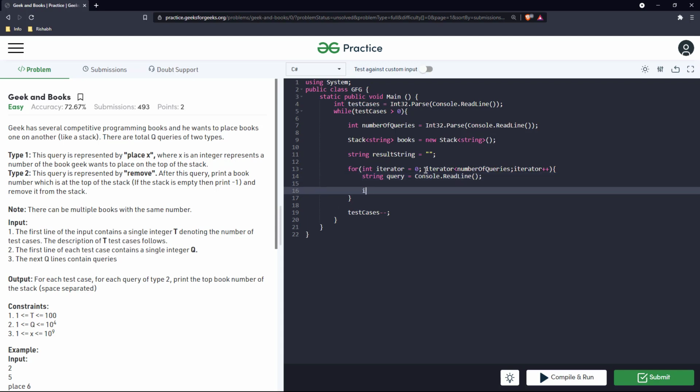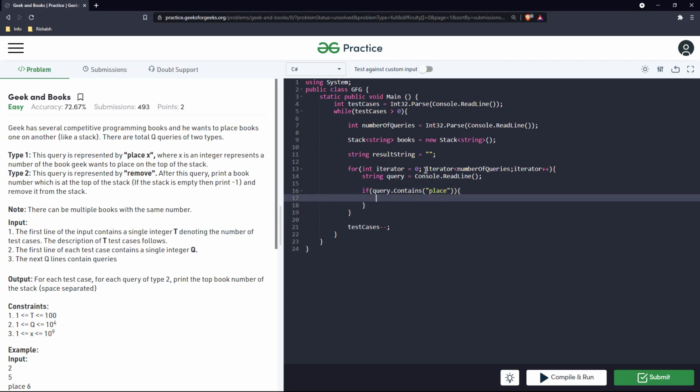In case the query contains the string place, which is the first query, in that case we will just place that particular book, push it. We'll just split the query on the basis of space.